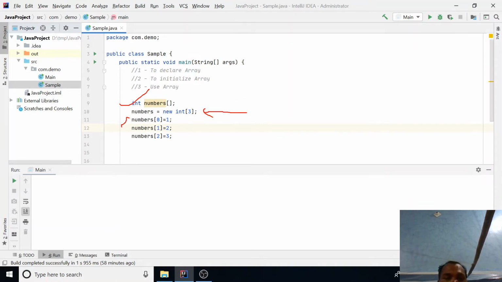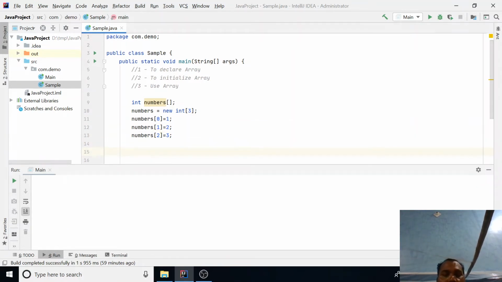And now here we actually initialize the values. We are putting three elements. All the elements are placed in the array at positions 0, 1, 2. So these positions 0, 1, 2 are known as the index.